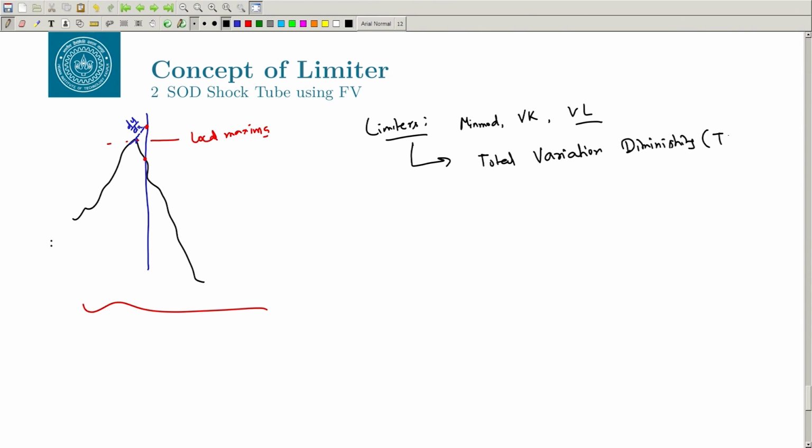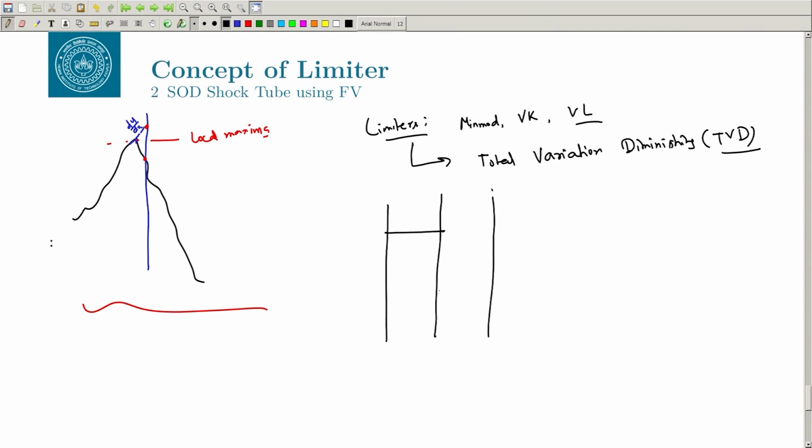Okay, it is called TVD, an essential property for a simulation to converge. And we have TVD temporal schemes also, so that you do not overshoot in time. So that you have TVD in time also, this is in space. The other extreme case which may happen is that, let us say you have some values like this,